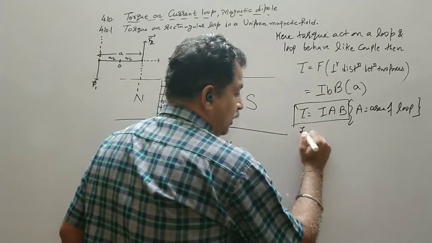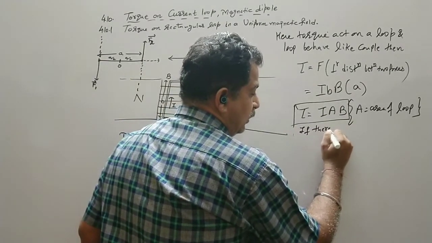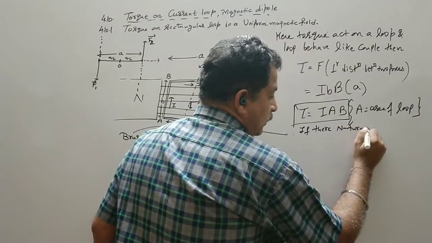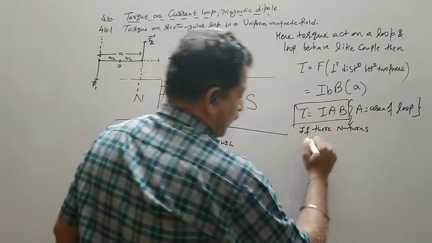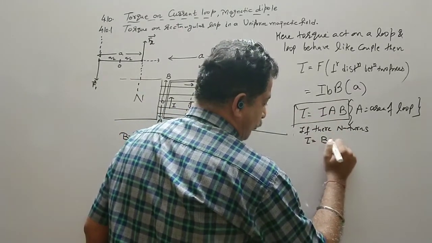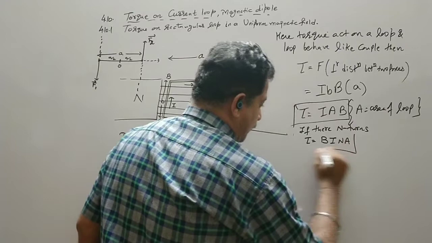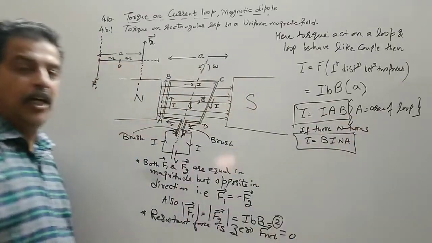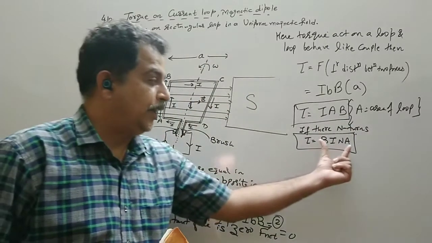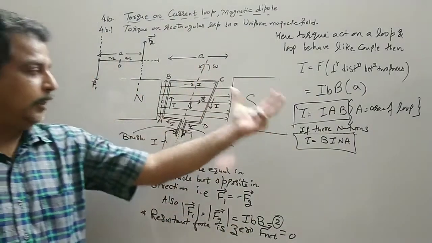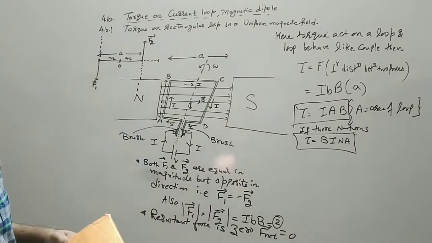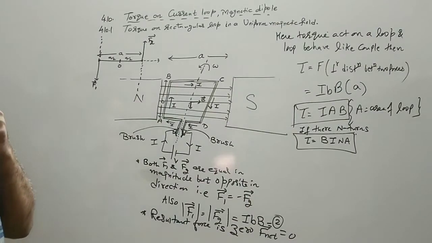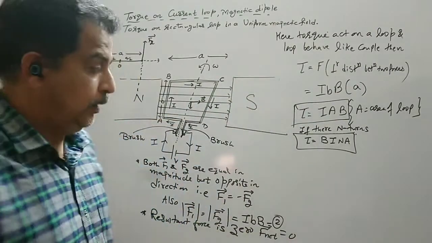So if there are n turns, then I multiply it by n, and to remember the formula, I write a name, BINA. So if there are n turns, we have taken only a rectangular loop having one turn only, but this is the case when there are n turns. Now either you directly apply this formula, or